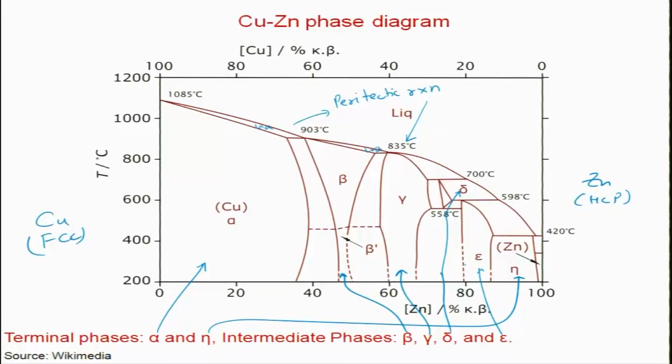The usefulness of copper zinc alloys is basically in compositions up to about 40% of zinc. Beyond that, copper zinc alloys are not very useful, but up to about 40% zinc, copper zinc alloys have a lot of engineering applications. So, let me for instance